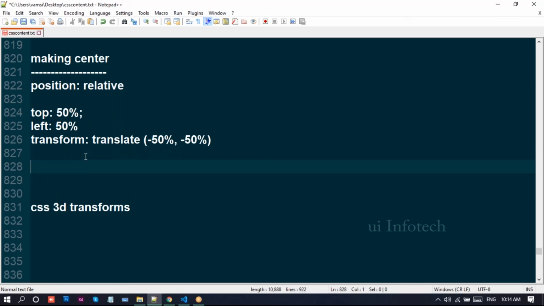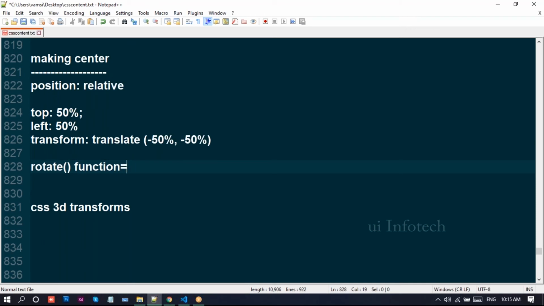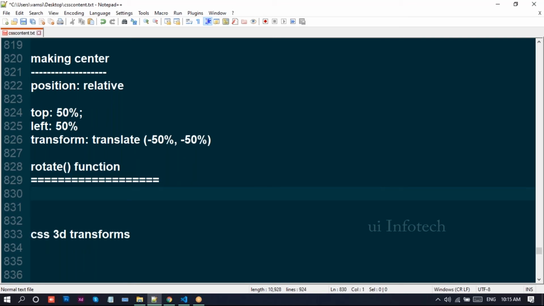And coming to here, we have a rotate function. In this rotate function, we can rotate the elements around the origin.